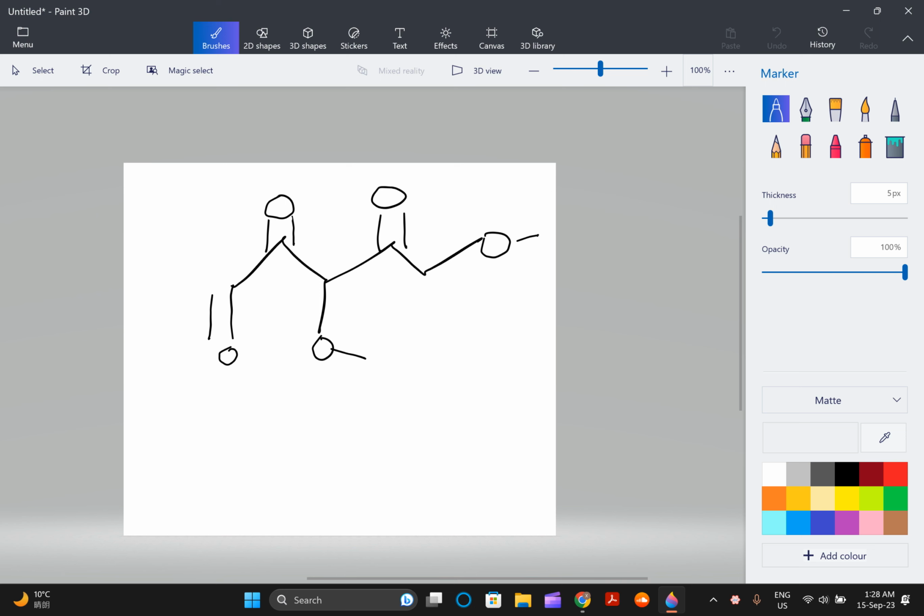So left, which is 1, and this is a 2, 3, and 4, and this is a 5. So there's 5 bonds in total. Actually, there's 5 things in total. So if we refer to the chemical formula sheet, what we have is